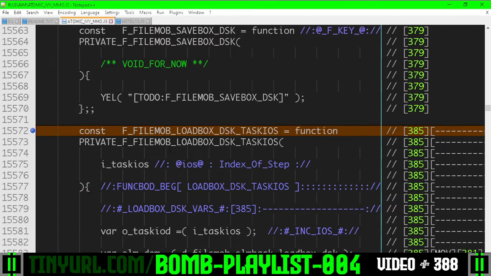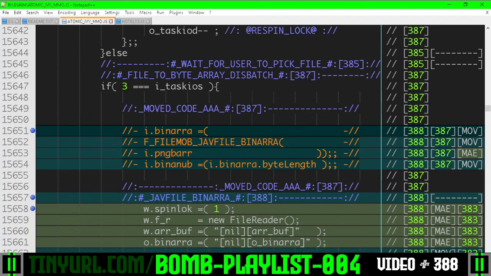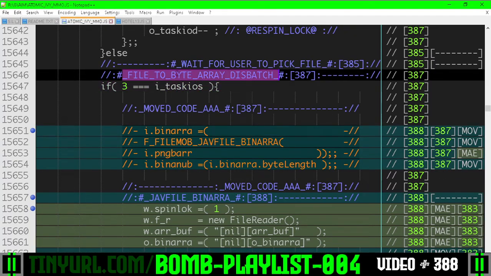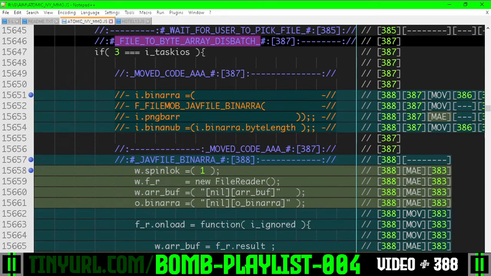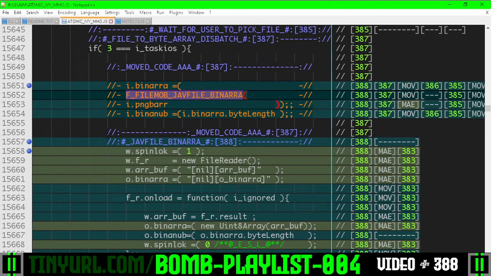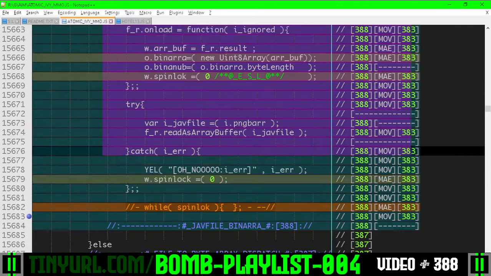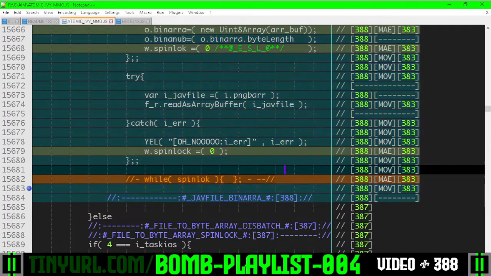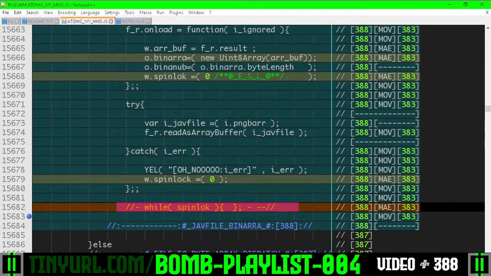In our reentrant function, loadbox disk, within step 3, the file to byte array dispatch, we've commented this out. We're no longer calling this function because we completely gutted it. All of the guts of this function have been pasted down here. We've refactored it, we've removed the spin lock, and then a lot of these variables you're going to see on